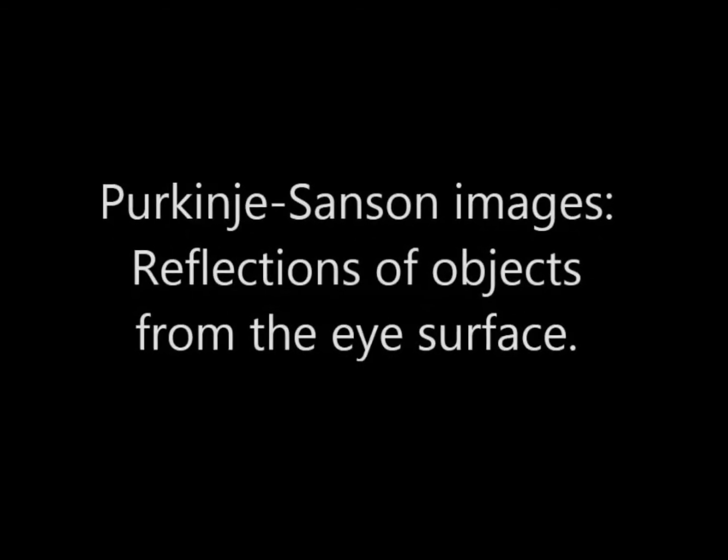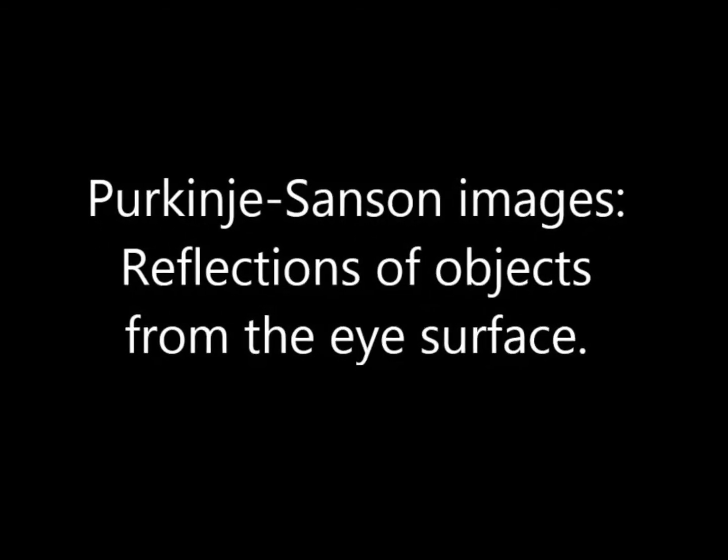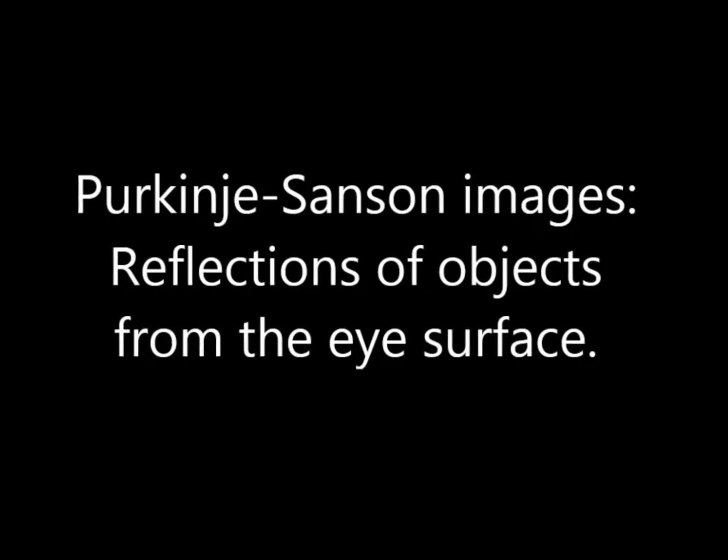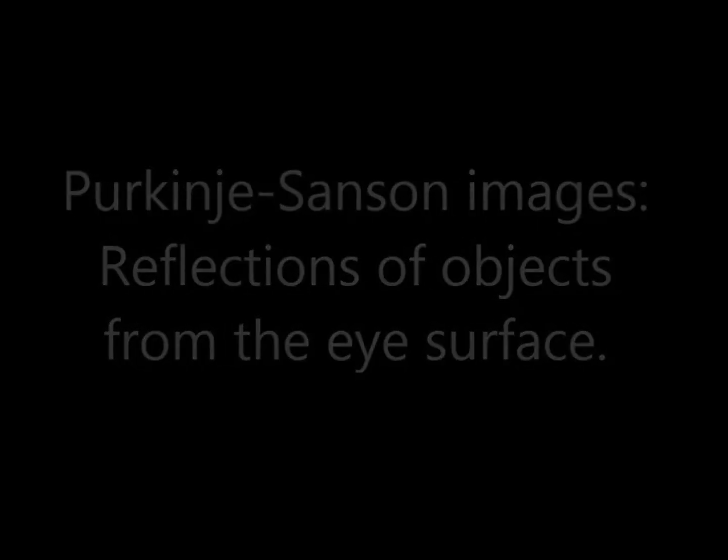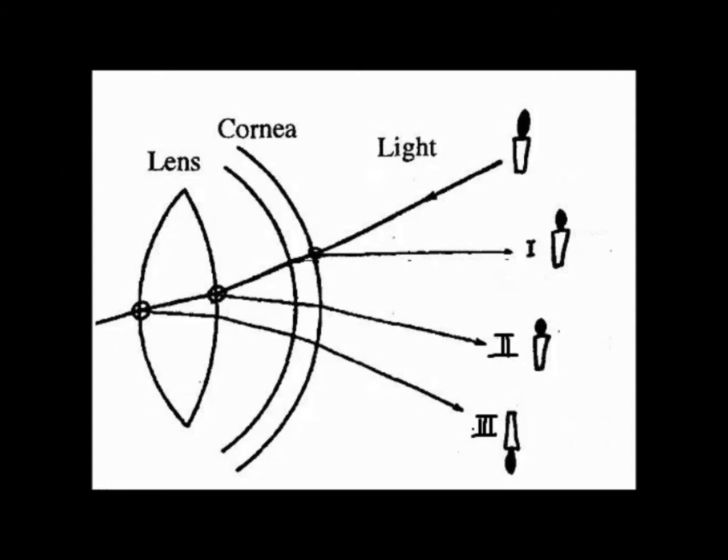Purkinje-Sanson images are reflections of objects from the eye surface. Three images were detected in this experiment. The first Purkinje image is produced by reflection from the anterior surface of the cornea. The second image is the reflection from the anterior surface of the lens, whereas the third image is reflected from the